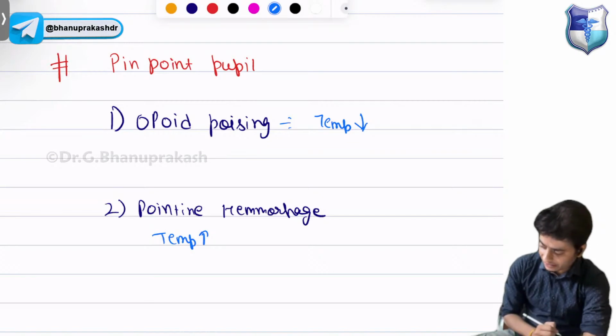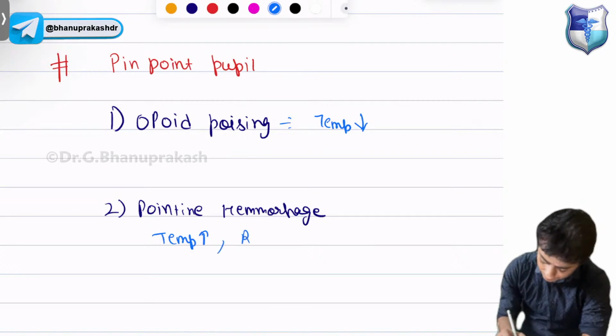In spontaneous hemorrhage, temperature increases. In this, respiratory rate,